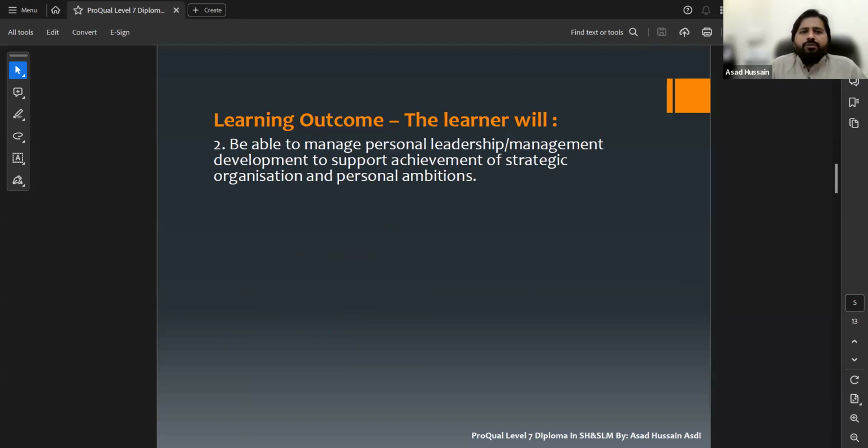Learning outcome 2 is: be able to manage personal leadership and management development to support achievement of strategic organization and personal ambitions. So basically, this learning outcome is about managing personal leadership and management development.